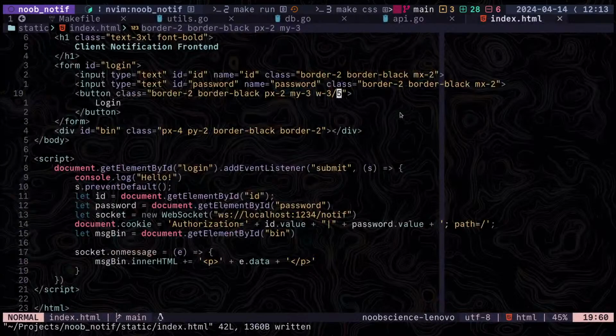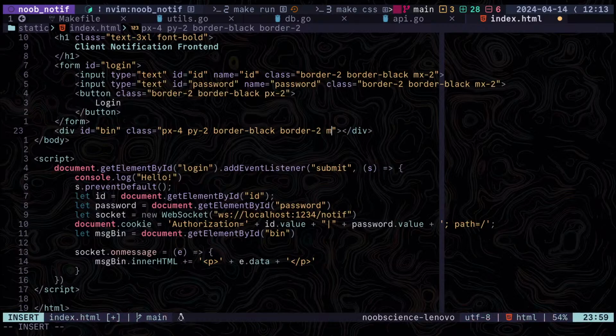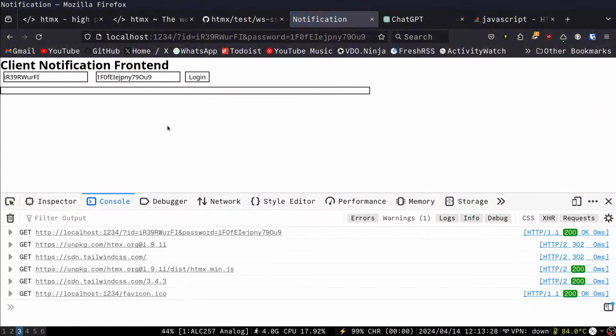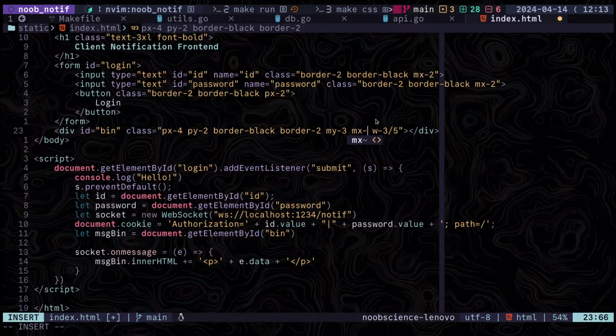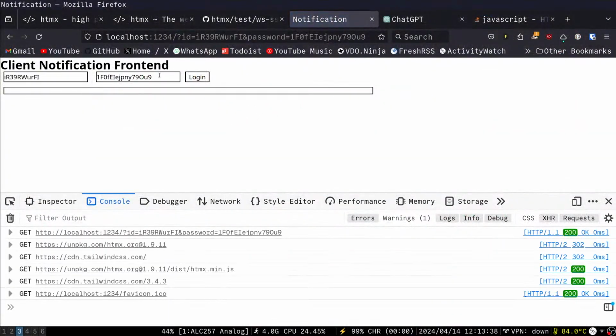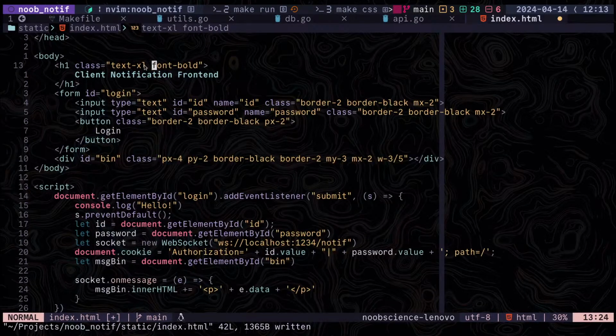Oops, the wrong place to give w of 3 by 5, but I had to do all of that. My of 3 and w of 3 by 5. There we go. But also my x of 2. Okay. And this thing, this should probably be not that. And